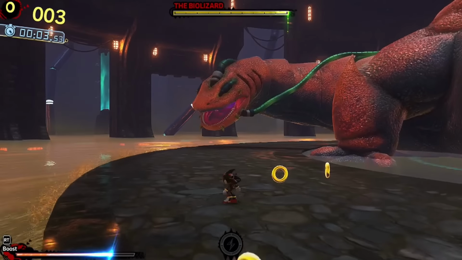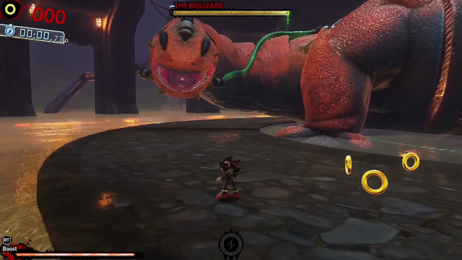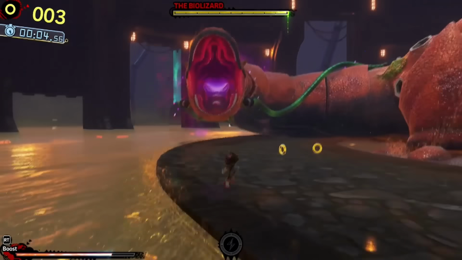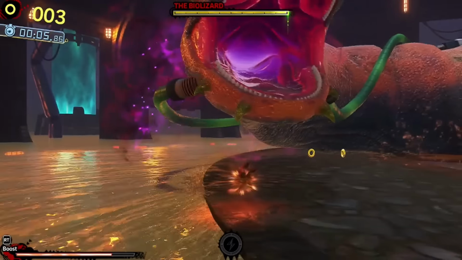Since we begin facing each other, Shadow has to sidestep quickly to grab some rings, then finagle to where the sidesteps take us away from Bio-Lizard. There's a couple of sketchy things about this section. First, sometimes the sidestep direction would change. Here I'm pressing LB to evade to the left, and then suddenly we move towards him